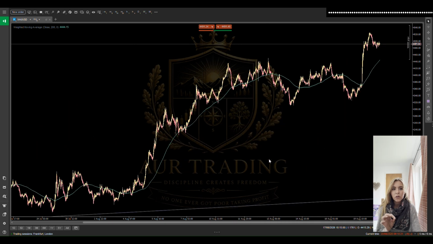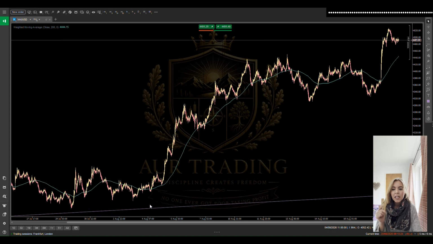So I'm going to zoom out so you can see what it does. So this is the 200 weighted moving average, and as you can see it moves with the trend. It's pretty similar to a VWAP, if you've heard of that. I tried the VWAP but I didn't really like it because when the trend changes, so say it's moving up, the VWAP will move up like this. But then if the market changes direction and goes back through, the VWAP did a huge drop,